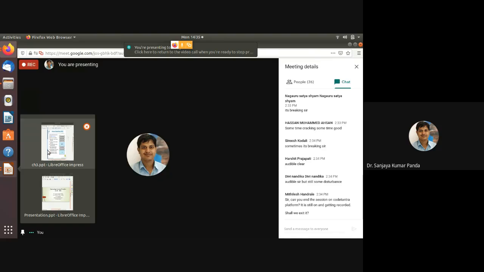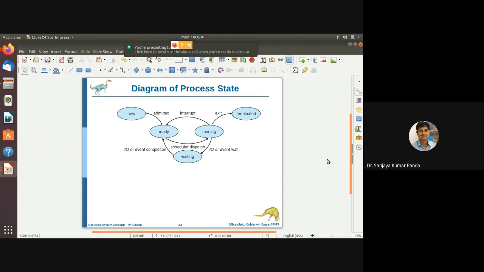Okay, I told you about two things. Try to understand the two things we discussed here. One is about the process state. Whenever a process is created in computer memory, it is there in the new state. You are not the only person creating processes. A lot of processes are created by other processes, and some are created by the computer system as well.